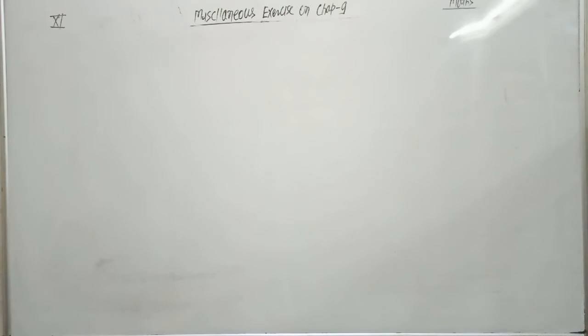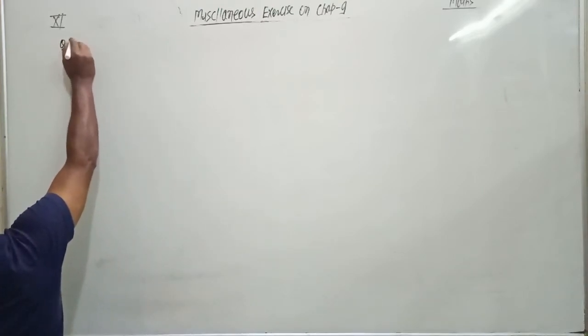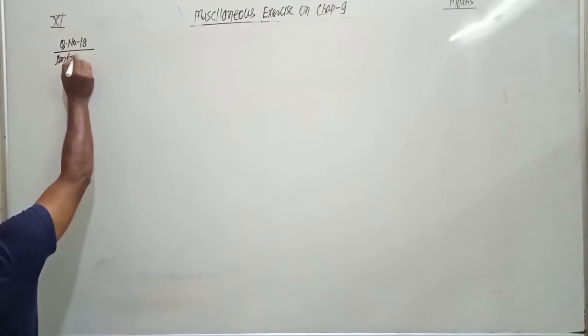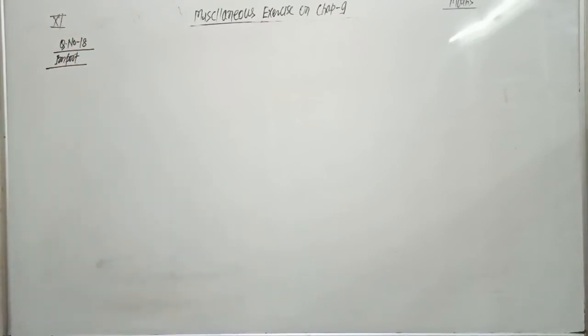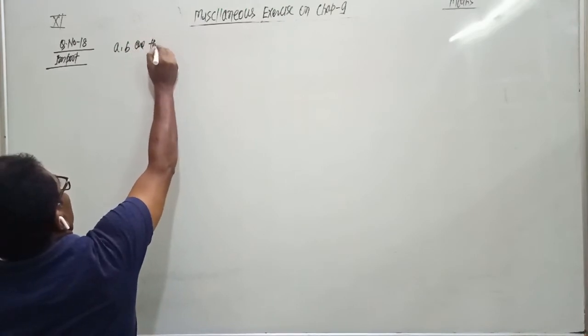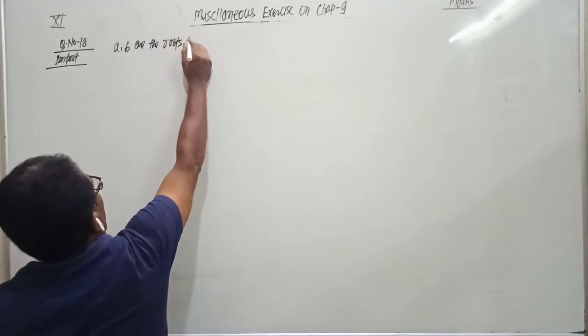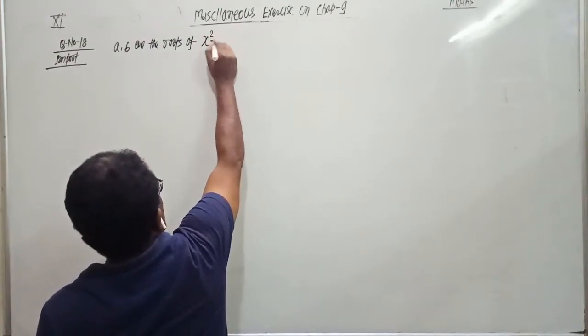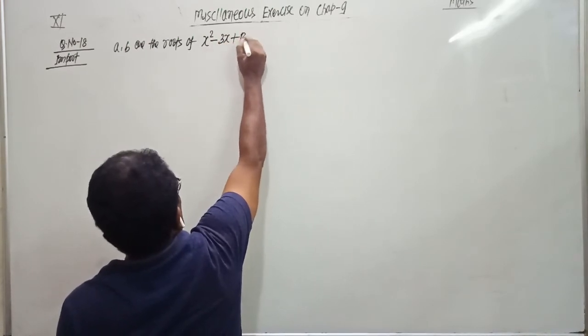Question number 18. This is one of the important questions. If A, B are the roots of x square minus 3x plus p equals to 0,